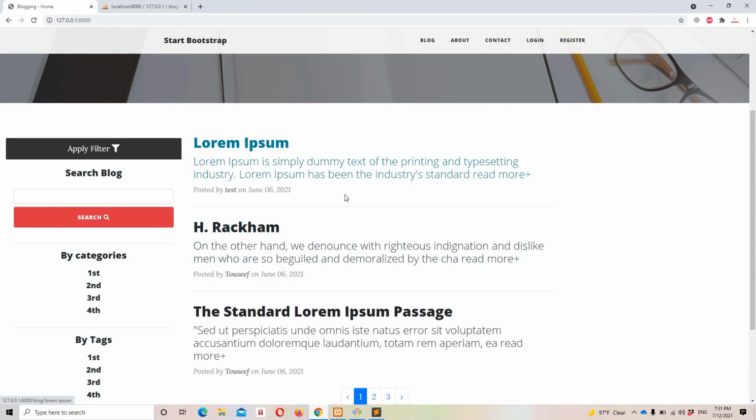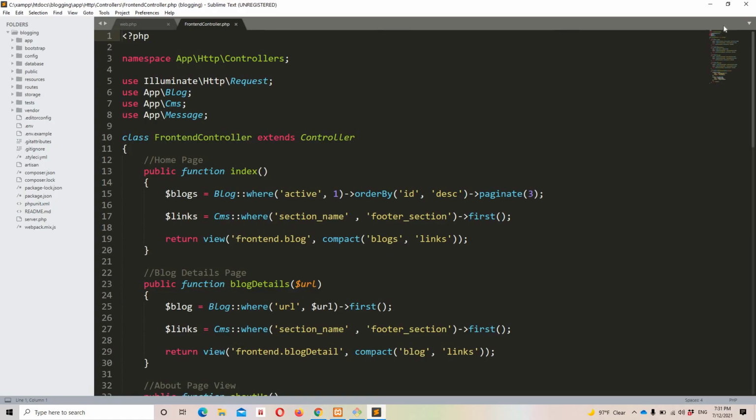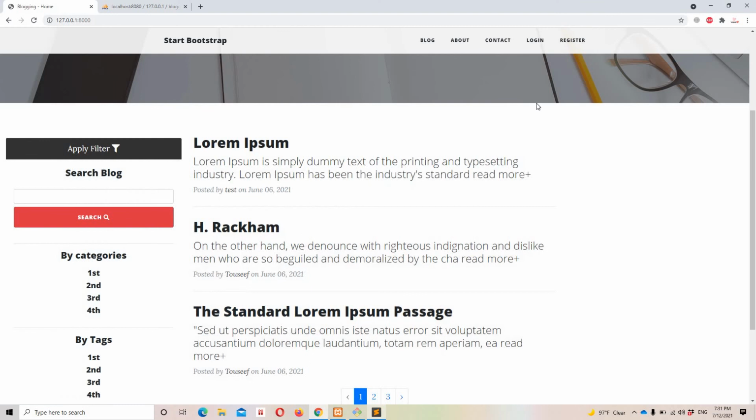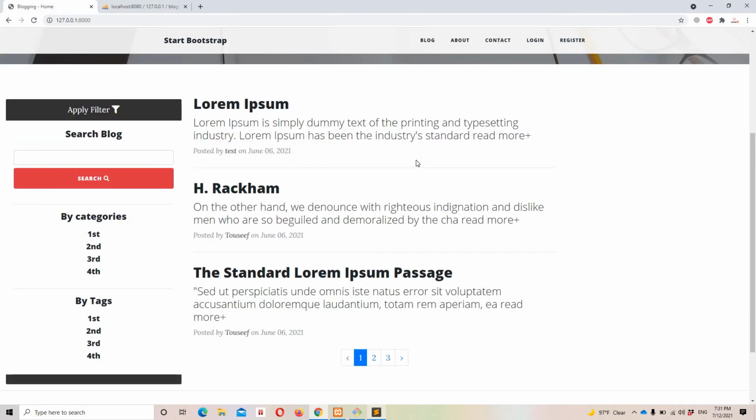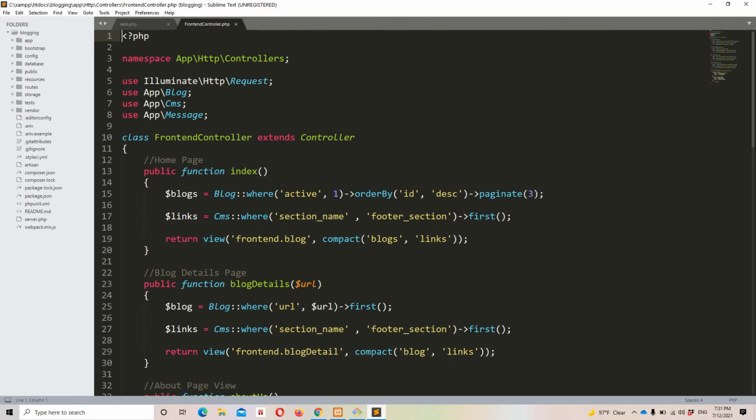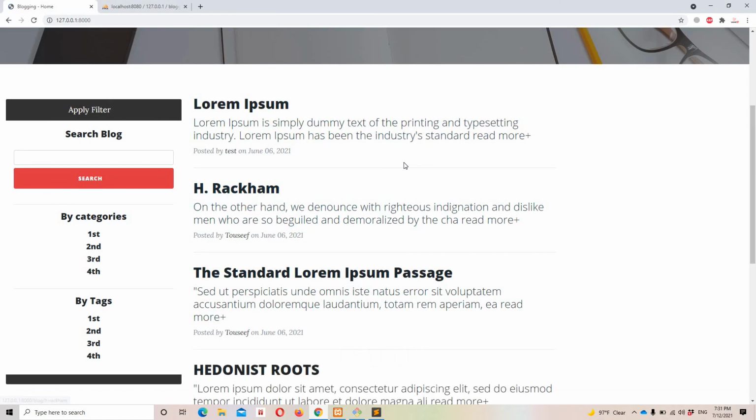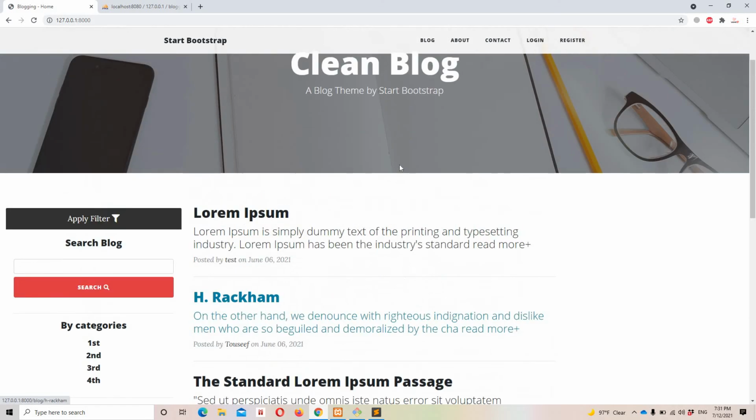Previously when we implemented the records per page equal to 3, which is right here, we did it when we didn't have much record and we wanted to test the pagination. But now I have more than 9 to 10 records, so I can simply increase the size of the records. So what I'm going to do is change it from 3 to 6. Okay, let's do a refresh. Okay guys, now it looks better.